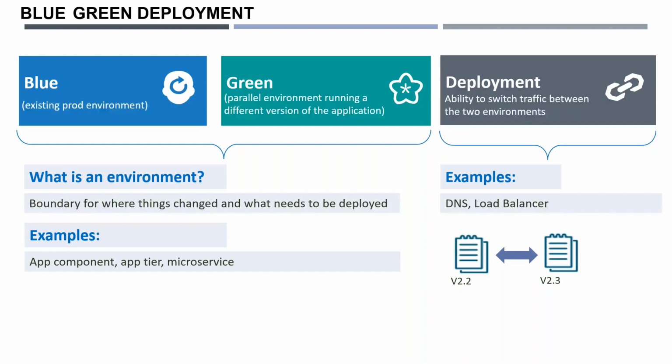So there might be user requests coming to your Kubernetes server. Some user requests will go to the new container, and some will still go to the old containers. It will progressively install the new code to the containers, not in one go. 2 containers and then the next 2 containers like that. That means in this case also your application is not down. Your users are still able to access your applications while the deployment is happening.